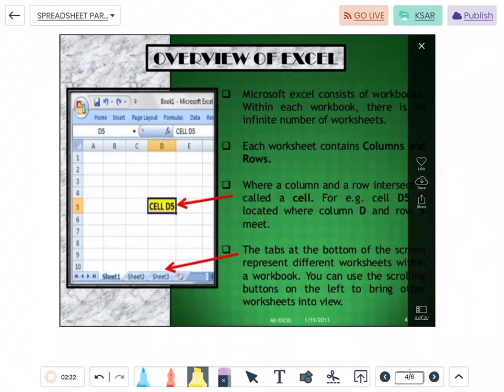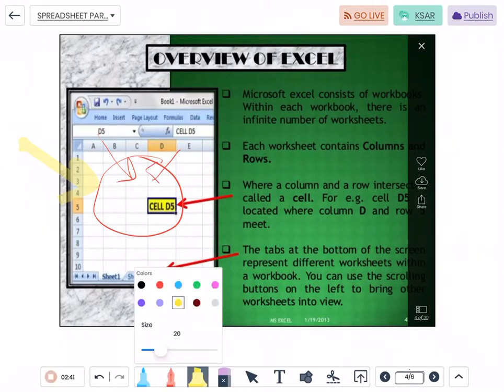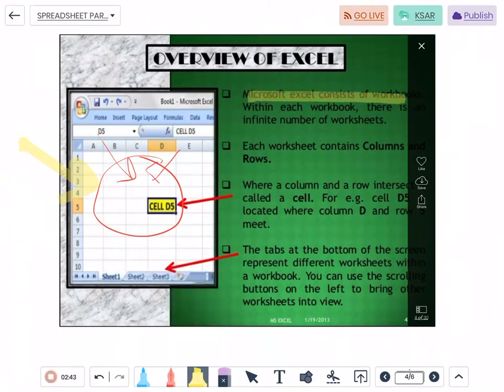Now whenever we look at the Excel page, we will see a cluster of rows and columns. So Microsoft Excel workbook. Okay, what is a workbook? Workbook is a collection of worksheets.